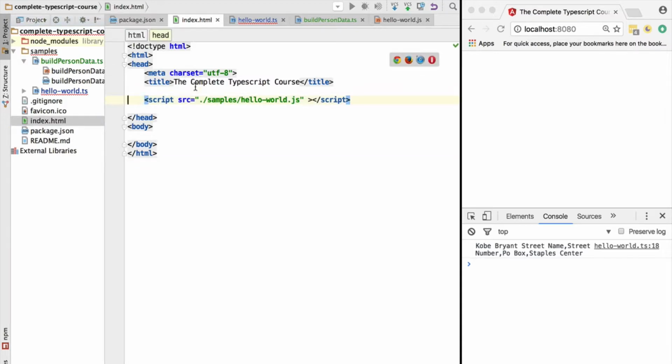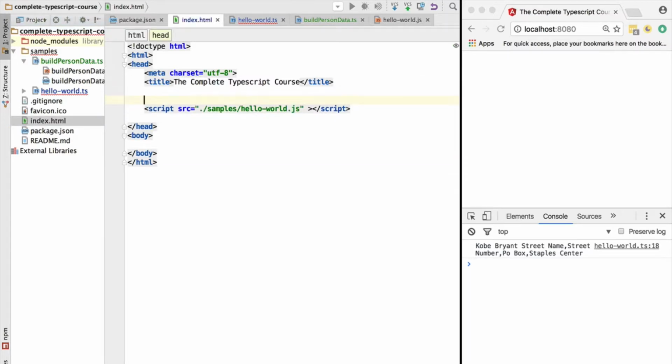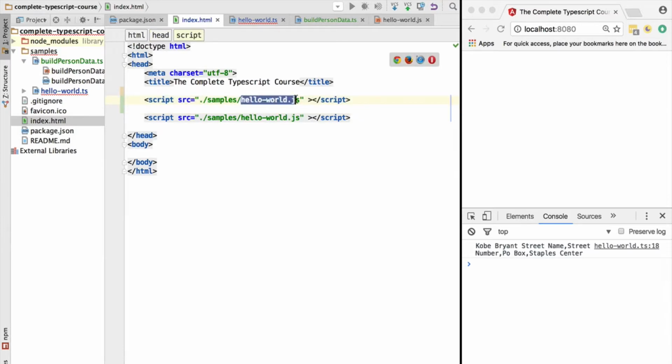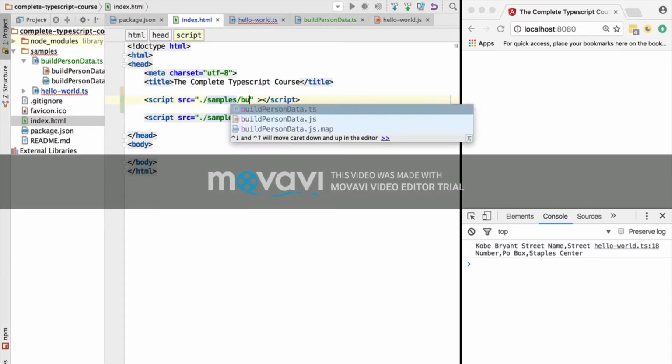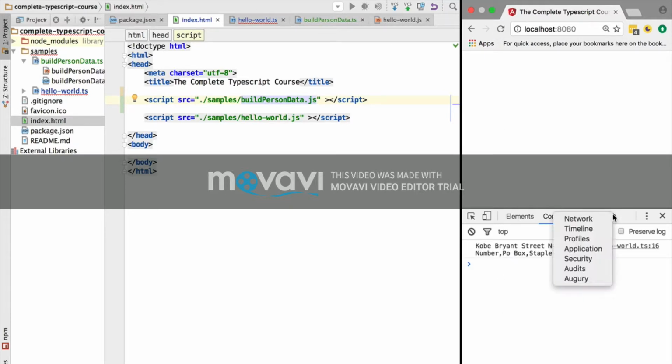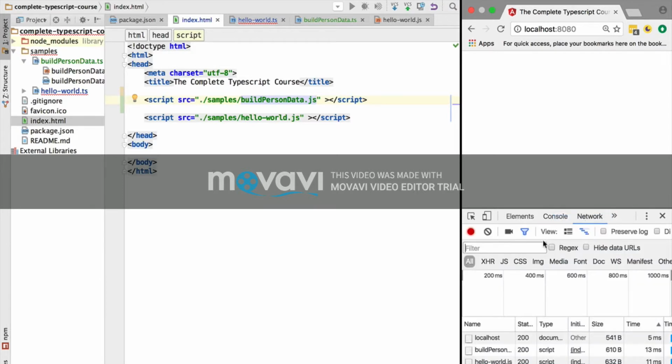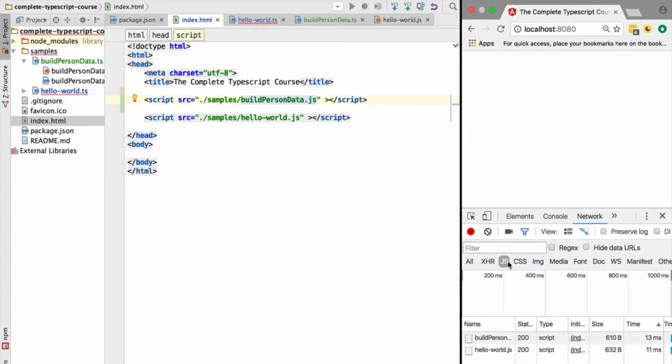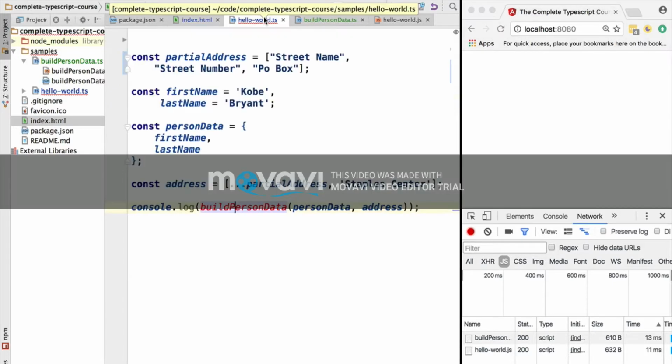So if we simply copy paste the script tag and import it first, then the hello world.js program would still work. So let's give it a try. As you can see, the program is still working as before, and if you check here in the network tab and filter by JavaScript files, you can see that there are two JavaScript files being imported, build_person and hello world. So despite the fact that we have a compilation error, the program is actually still running, because